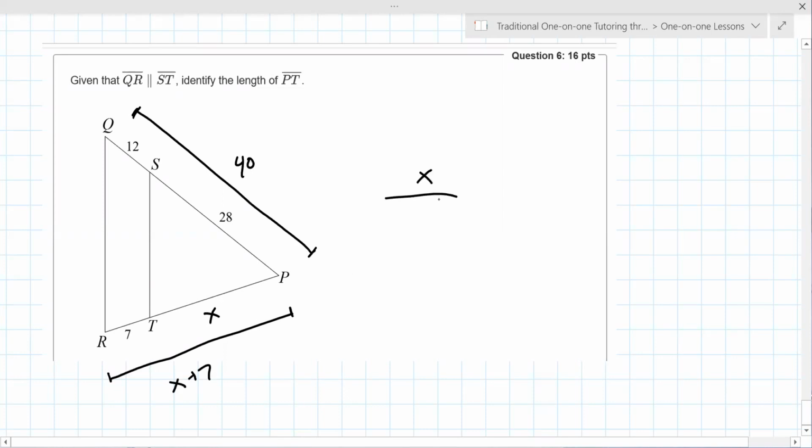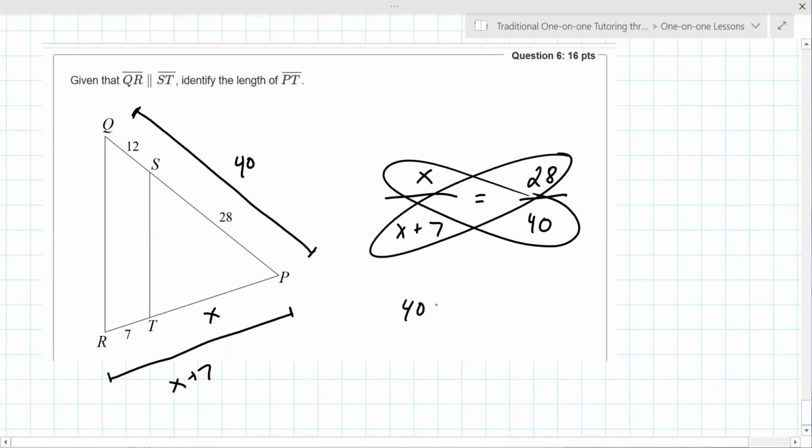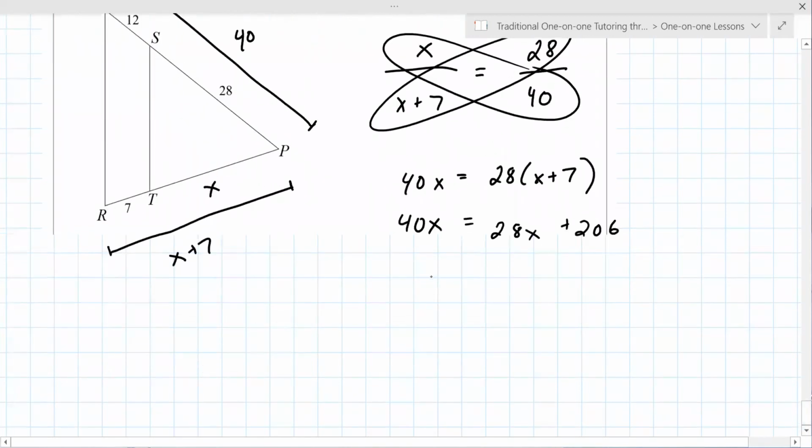Okay. So it's X over X plus 7, the small triangle to the big triangle, equals the small triangle 28 over 40. All right. So this time when you diagonally multiply, you get 40X equals 28 times X plus 7. That's 28X. So to multiply by 28, 7 times 20 is 140, 7 times 8 is 56, so that's 206. That's a little shortcut there for that. Subtract 28X, divide both sides by 12, and X equals,